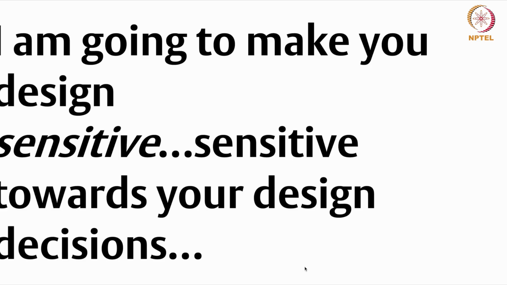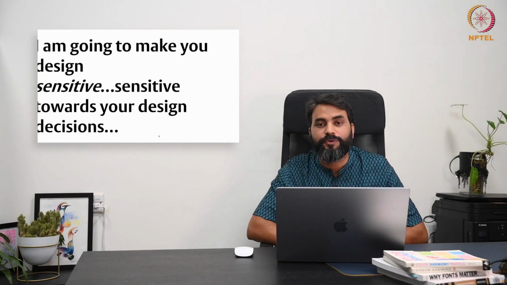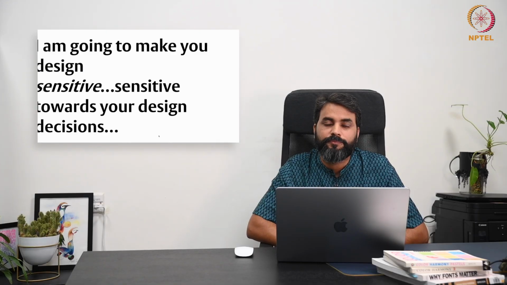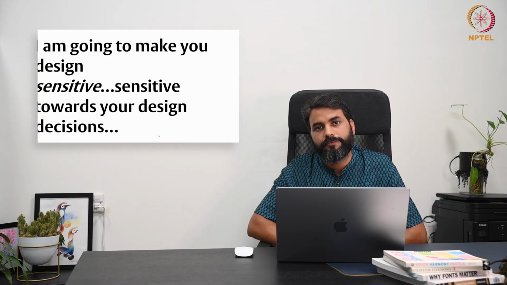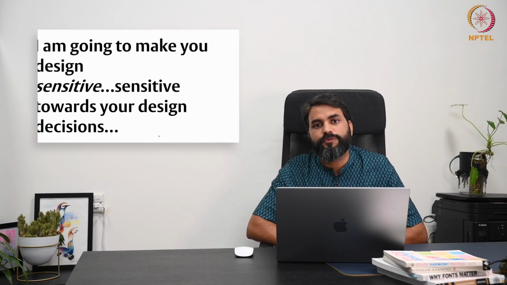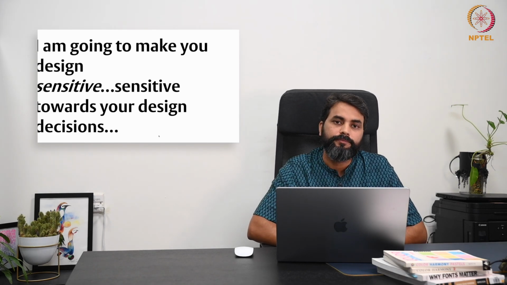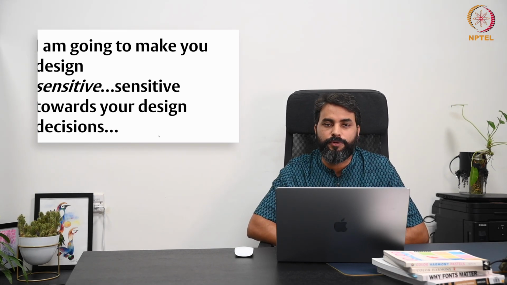Now, what do you think about this composition? Do you see any problem in this? I can see there is a problem with margin and space division as well. So how you can solve this? To know that, you need to understand design principles and concepts. And this is what we are going to cover in initial few modules.